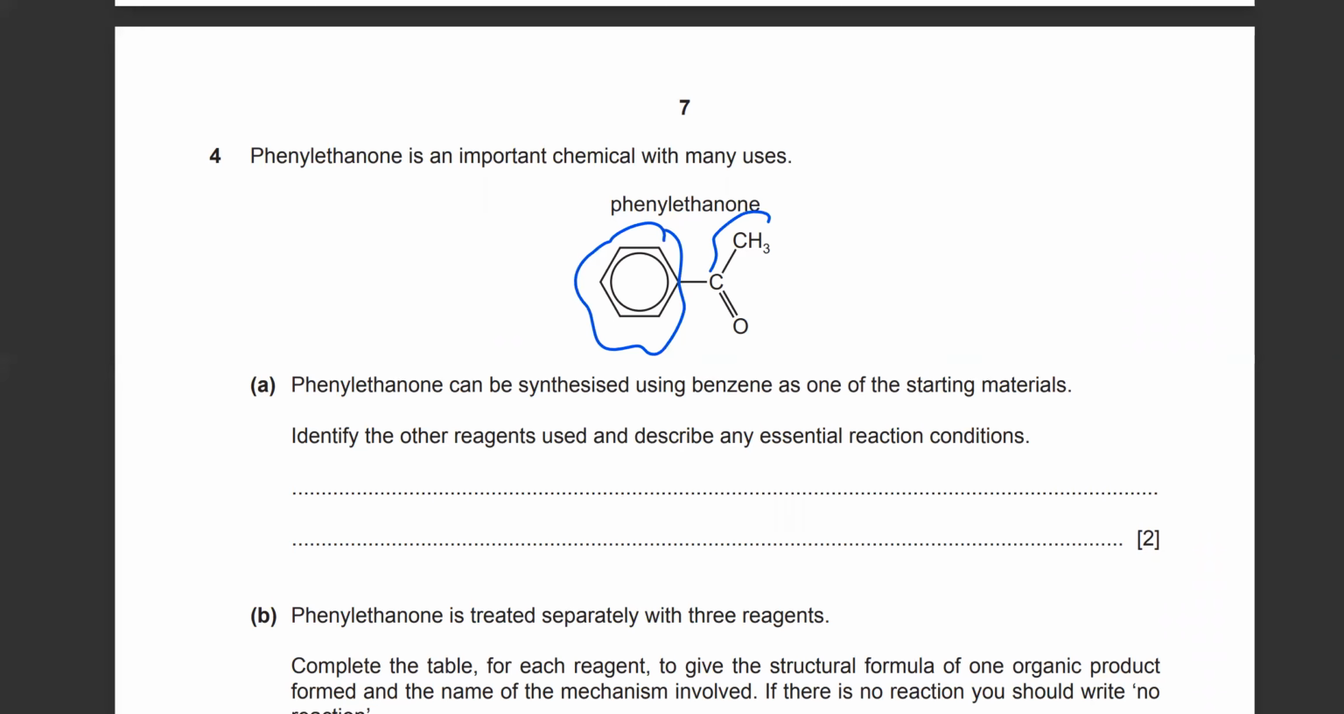So what you need is to attach this thing to it, which basically means this must be the positive carbon that gets attached. The electrons from benzene are going to get attached to this. So there must be a Cl. This is acylation. Like if we go back to the board,